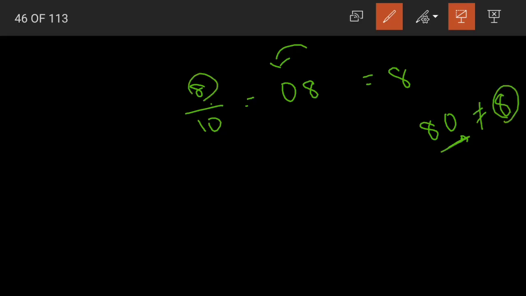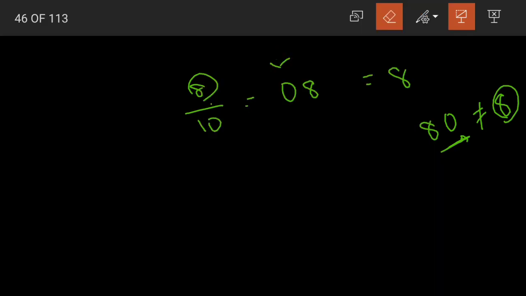Step 1 is to count the number of digits in the denominator. The denominator has 2 digits, so we have to write the numerator as a 2-digit number. Instead of 8, we'll write 08. We are adding a 0 to the left of the whole number. Even though we add 0, its value will not change; 08 is nothing but 8 only, right children? But if you write the same 0 to the right side of the given number, its value will change. This is not equal to our 8. That is why we add the 0 to the left side.